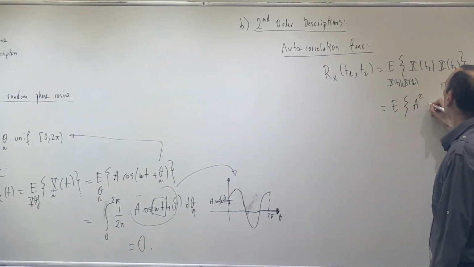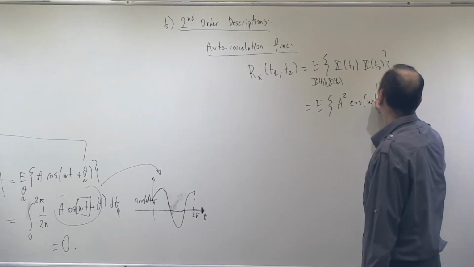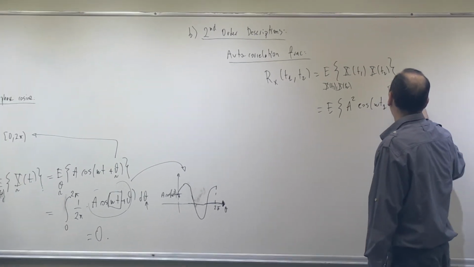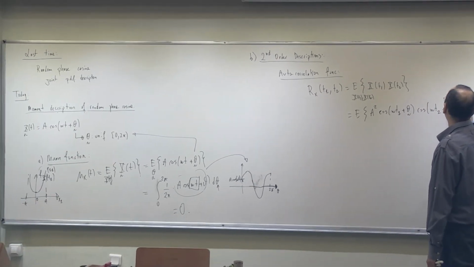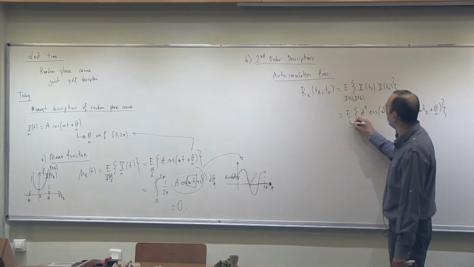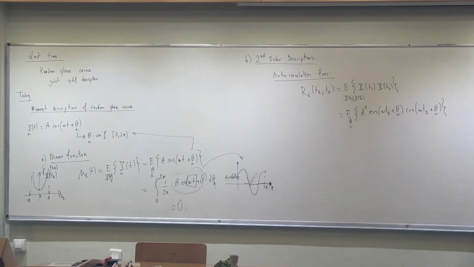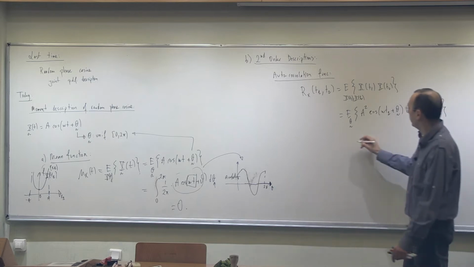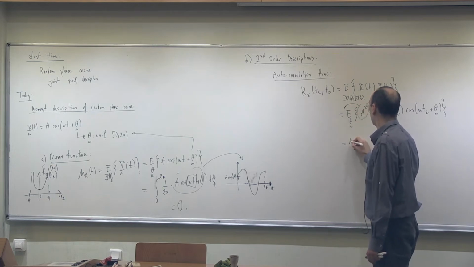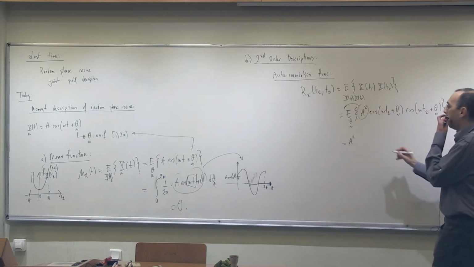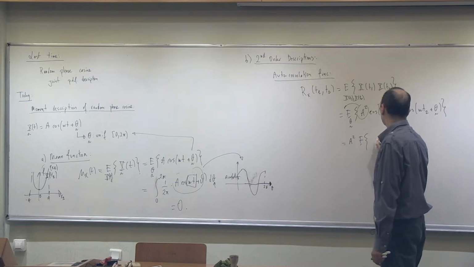So this becomes A squared cosine(omega t1 plus theta) cosine(omega t2 plus theta), and that is it. So the only thing that is random inside this expectation operator is theta. So then I have to calculate this. The problem is almost solved. I have to do this operation. So how can I do this? Let's take A squared out for the sake of simplicity. Then can I write this as